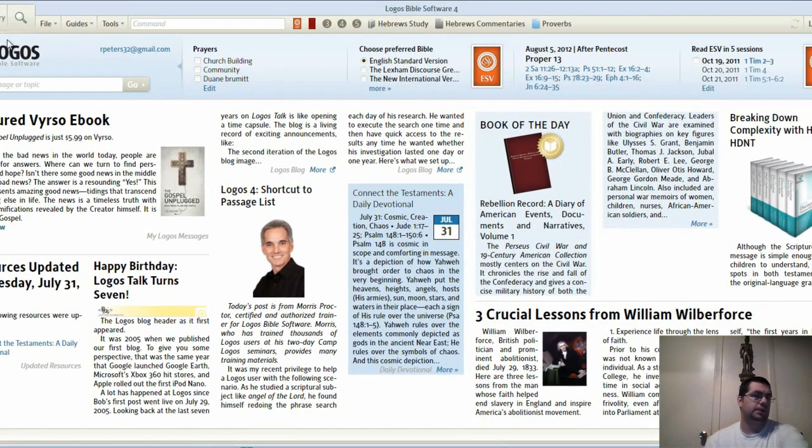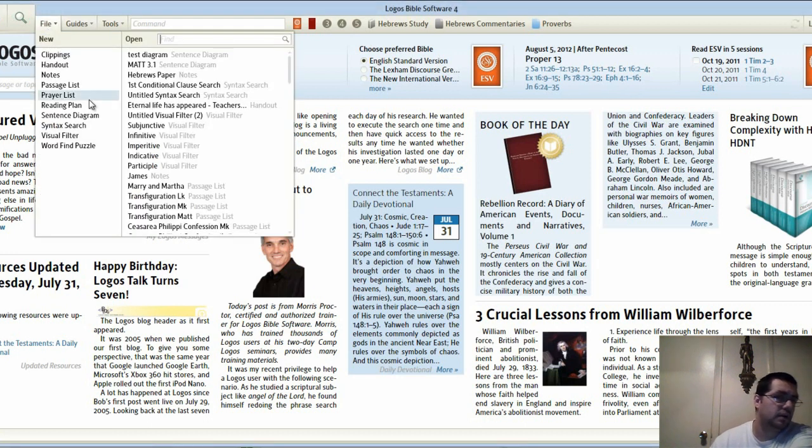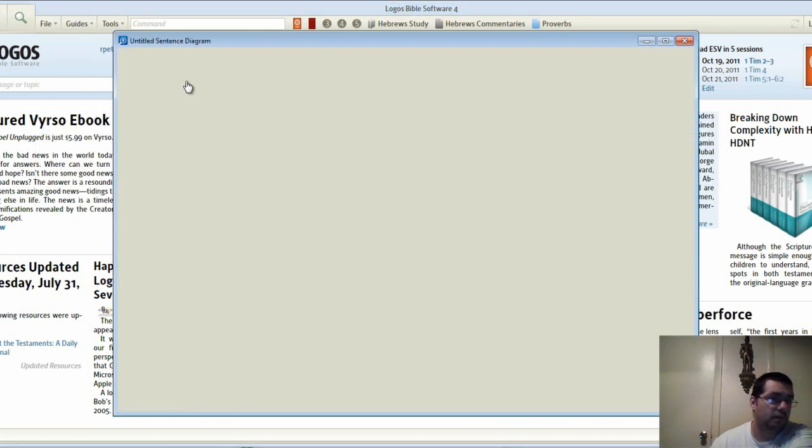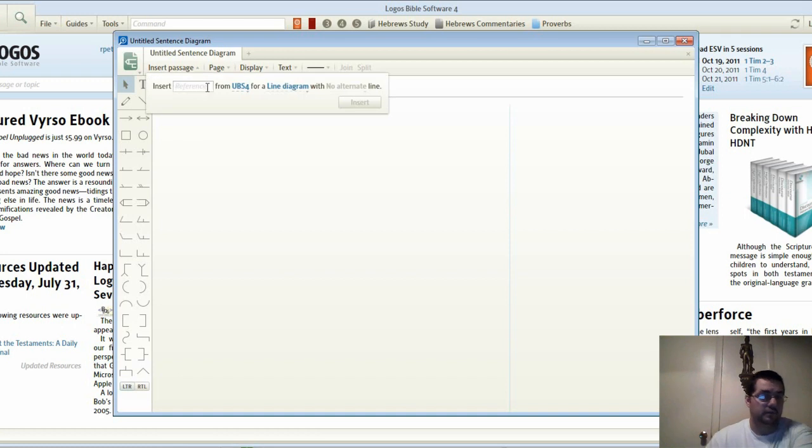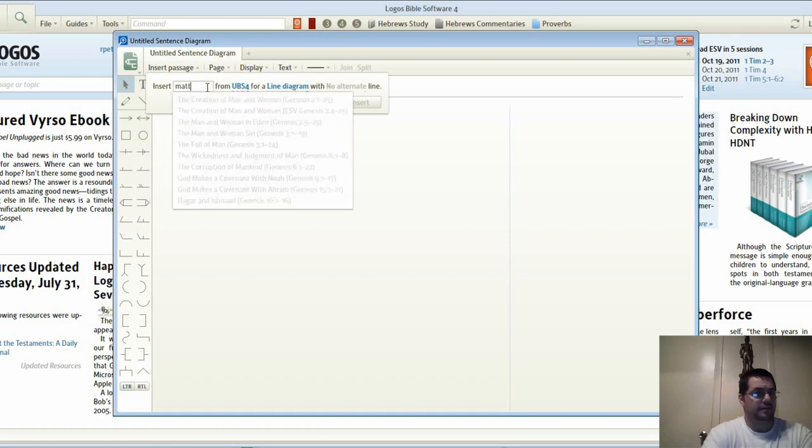So I'm going to show you how to do a diagram. So go to File, go to Sentence Diagram, insert passage, Matthew